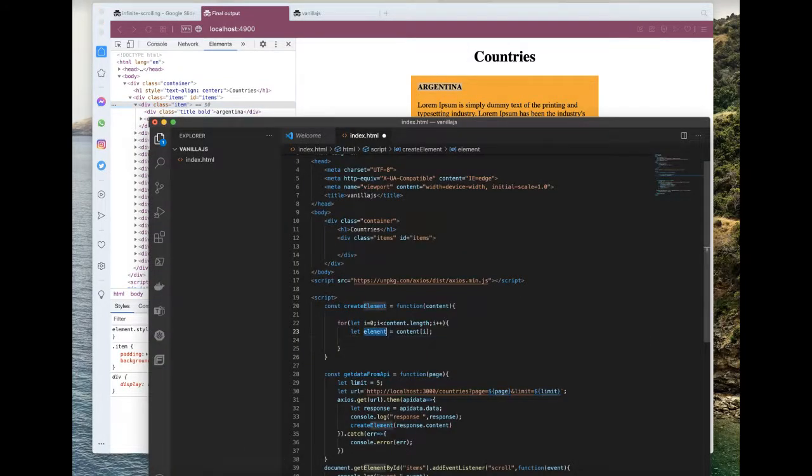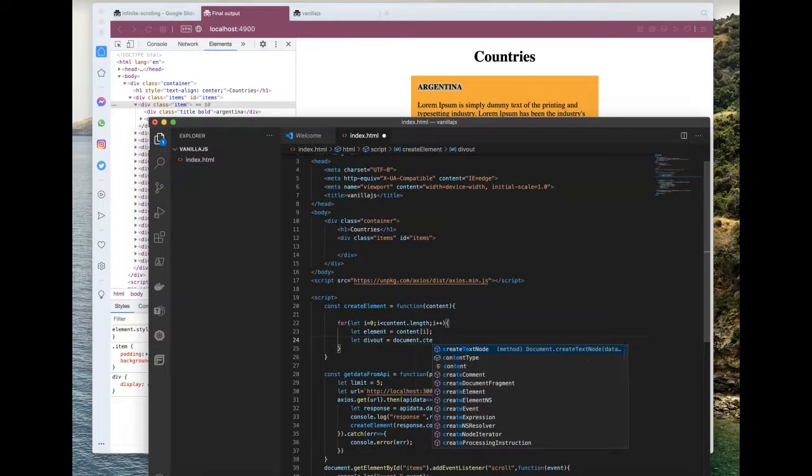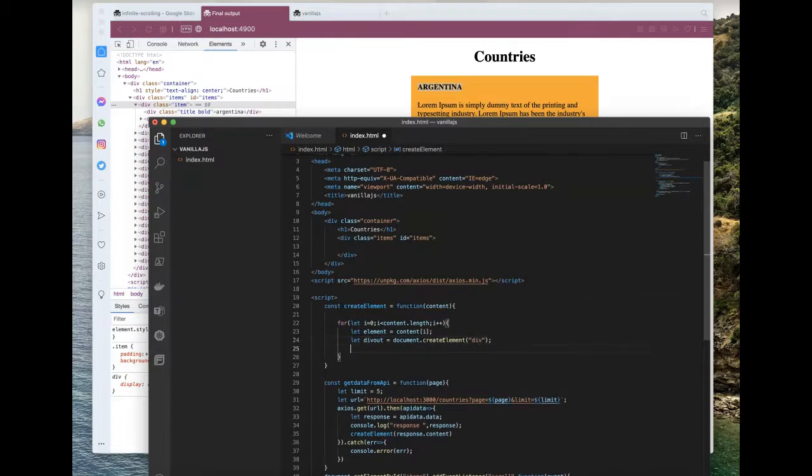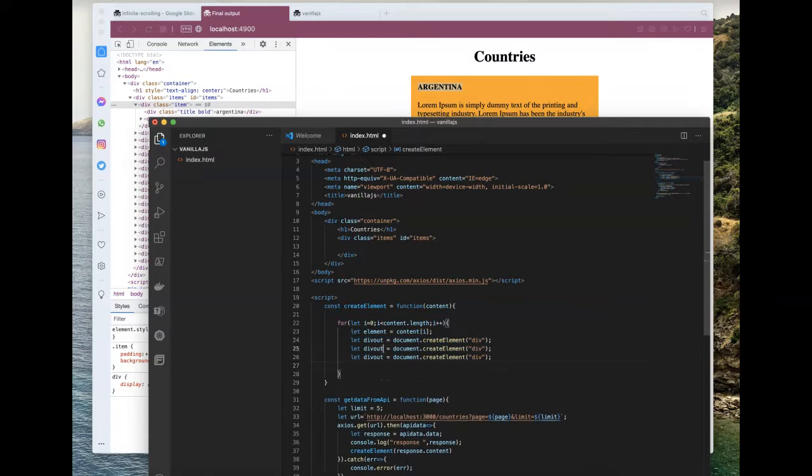So we have received the element at a specific index here. Let's create a div tag. We need three elements.